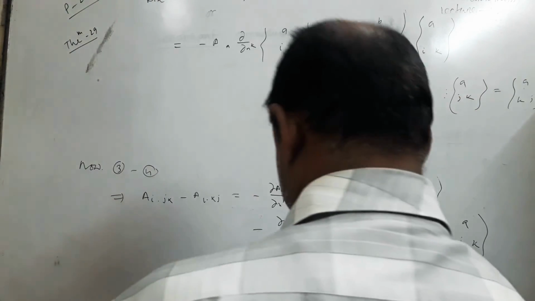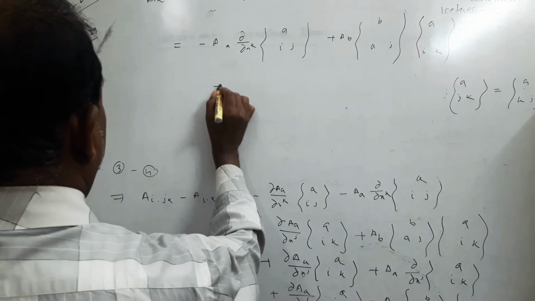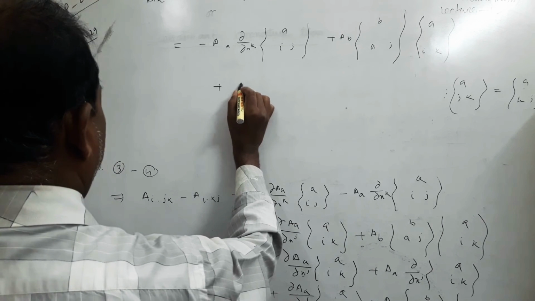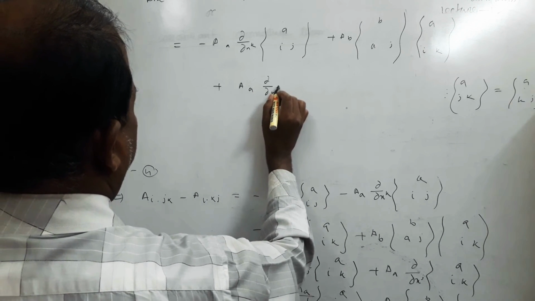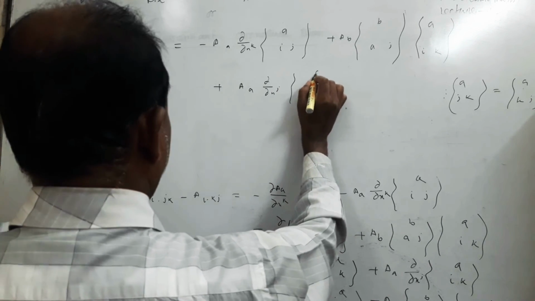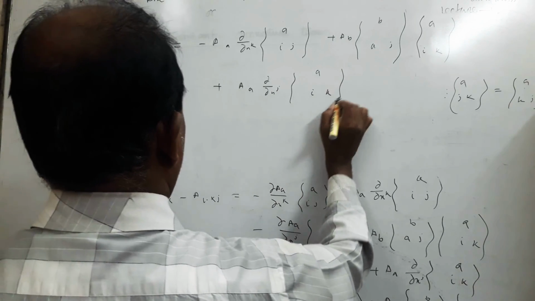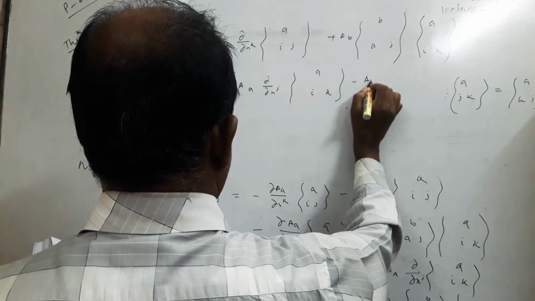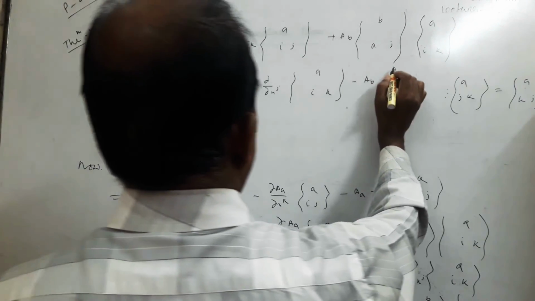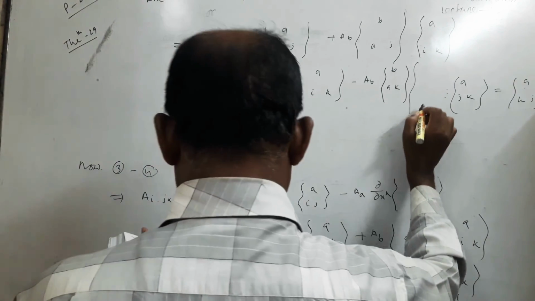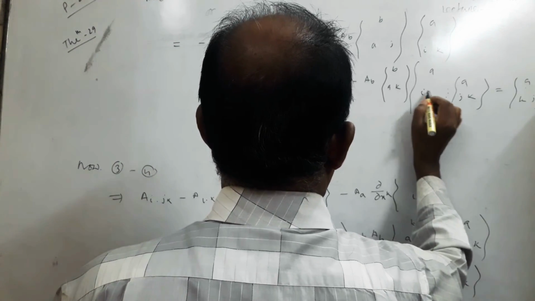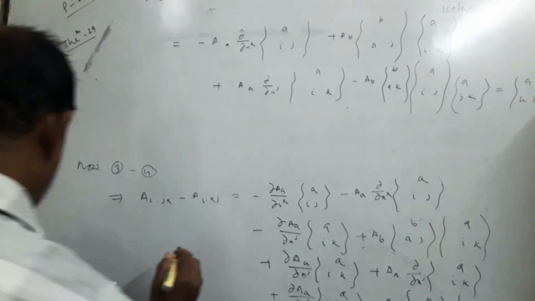Okay, plus a del y del x z into a I k minus a b b a k into a I and j equal to